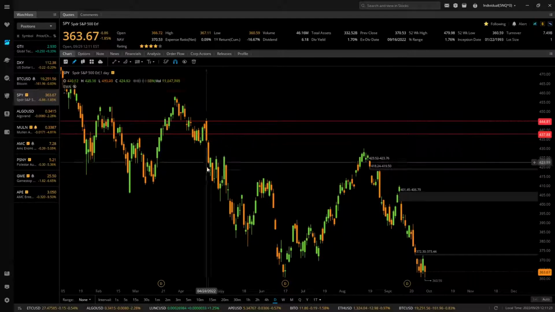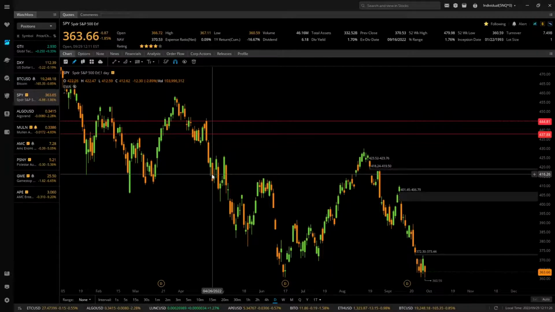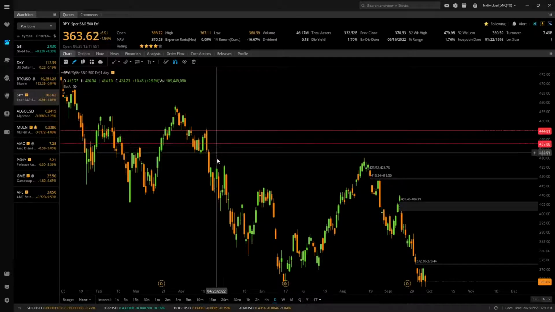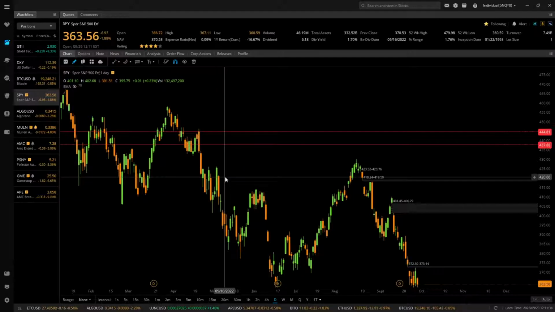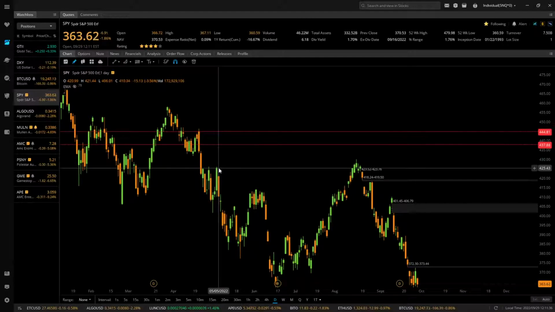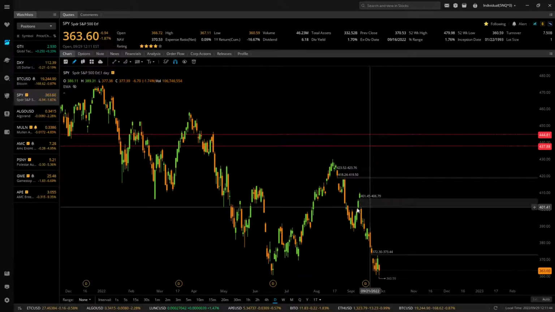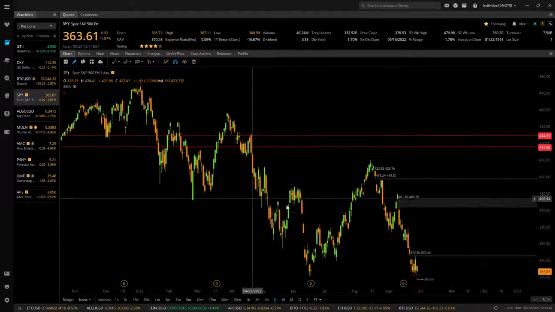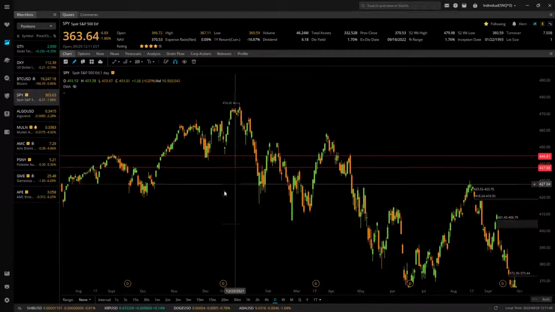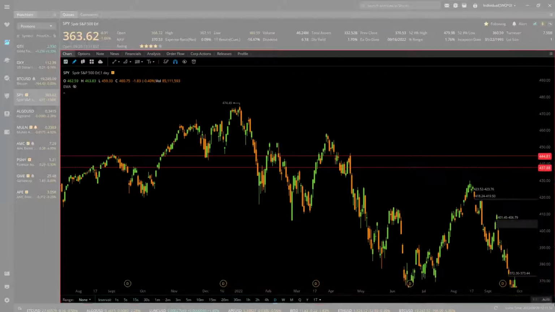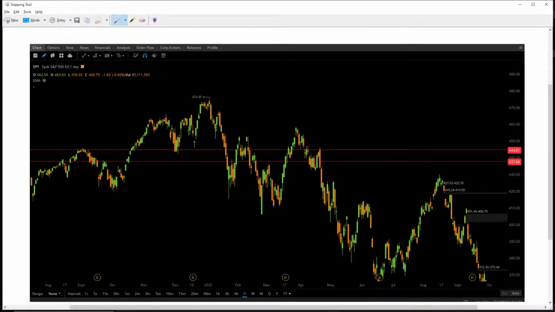These two sections here were very tricky, and I think there's a reason for that. On the one hand, you have this small gap at 444, and on the other hand, you have the beginning of a macro W fractal starting here. So let's look at this. Let's put the pattern back. Actually, before we even evaluate this current section, let's look at the recent section. I actually haven't done this, but I think it's really important. So here we go. We're looking for a triple top.